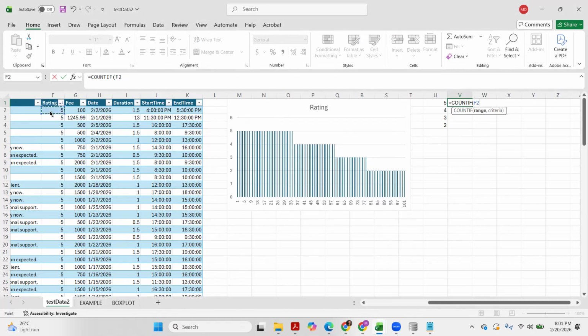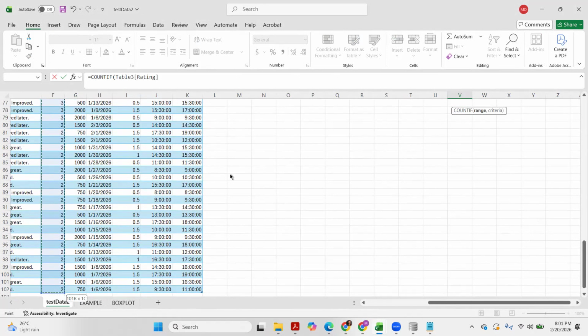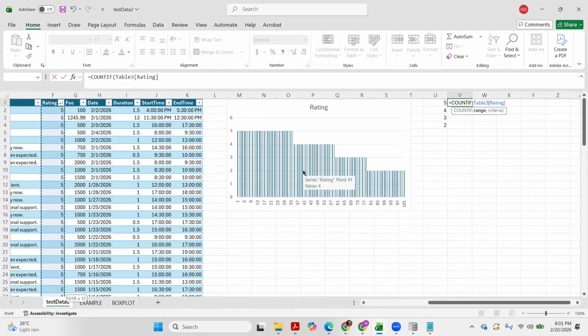From this one, Control Shift Down to select everything downwards. And then what we want to see is criteria. So what do we want to count? In this case, we want to count all the fives. So we click this one and then enter.